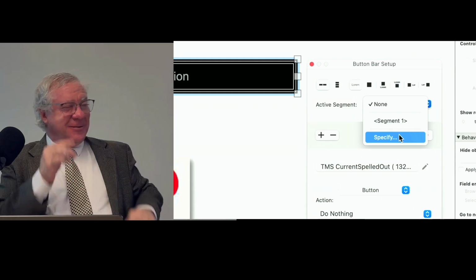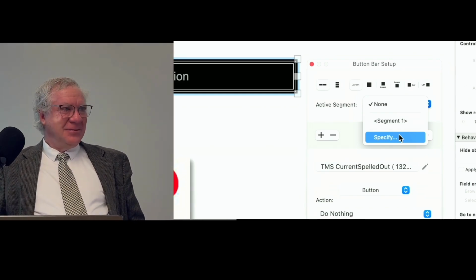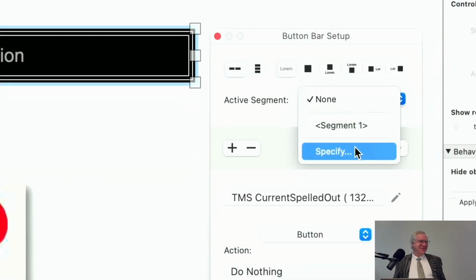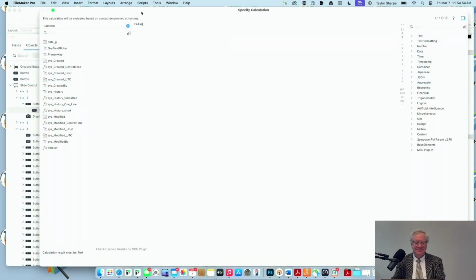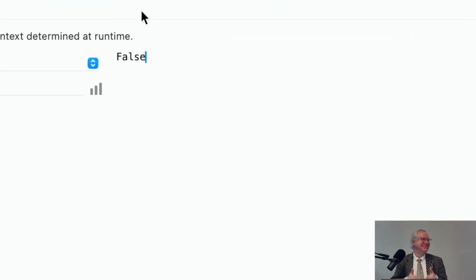So you're showing right now the active segment, which by default would be active. But I always thought that if you say none, which is the default, then the active state shouldn't be there. The problem is we have a lot of buttons where, okay, that's the last one you selected, but now they're doing something else. We don't care what the last selected button was, so we don't want to see that. So instead, go into the specify and put 0. That's it. And your active state will not work. And you don't have to worry about it.